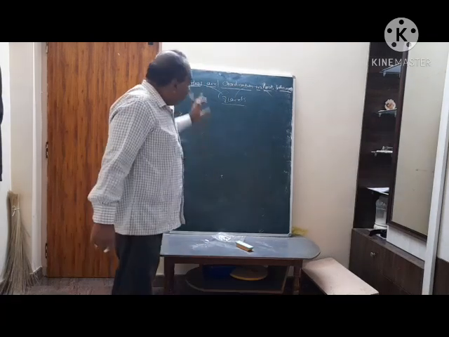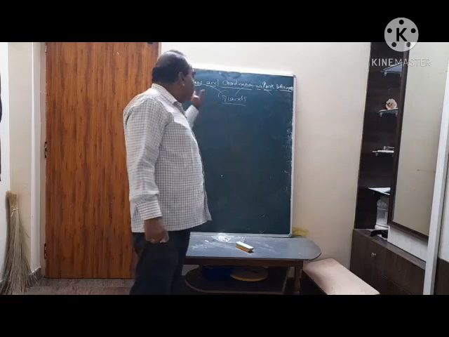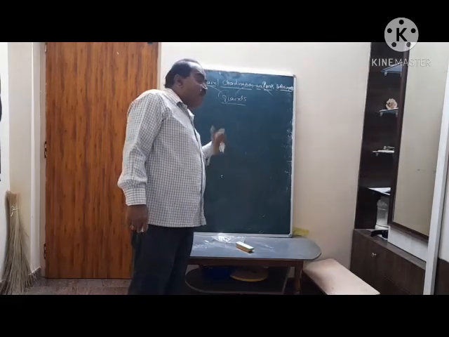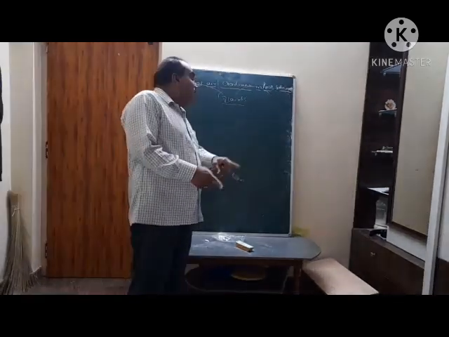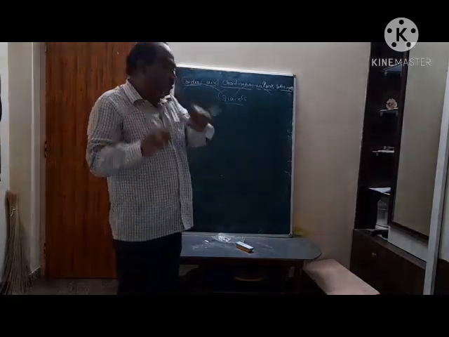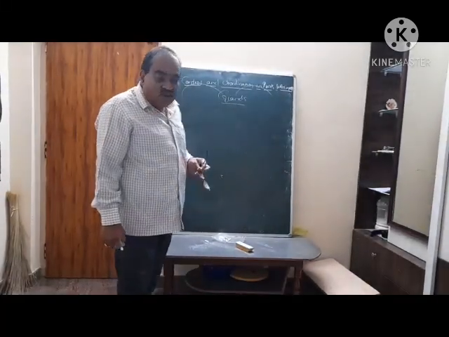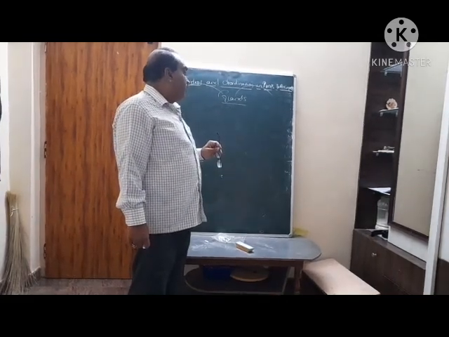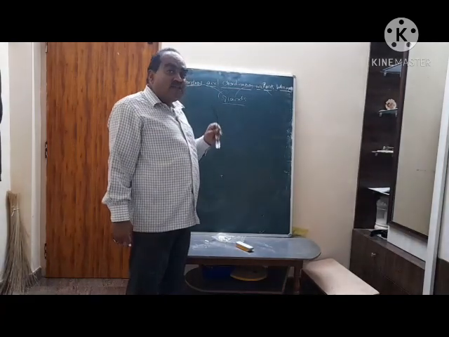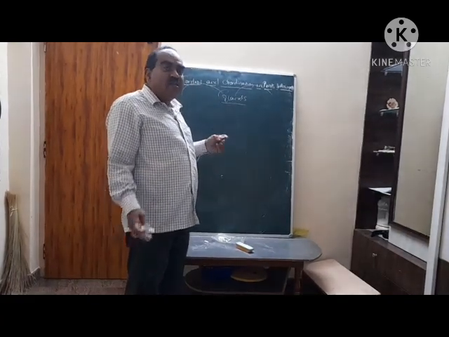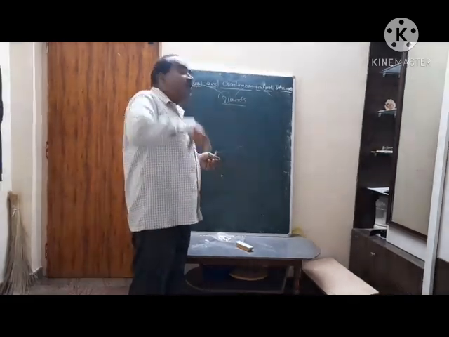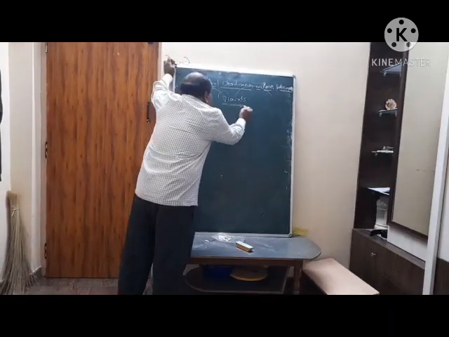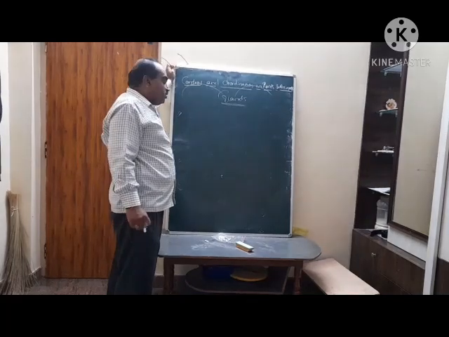So glands, this is the irritability. Please remember, here the control and coordination takes place in animals. Sir, what about plants? That will be discussed in next classes. Nervous system in human, the endocrine system in human. Before going to the endocrine system, that is also a part in order to control and coordinate the system of our body. The various organ systems of our body are controlled by the endocrine system also. Before going to the endocrine system, here we have to know the glands concept.